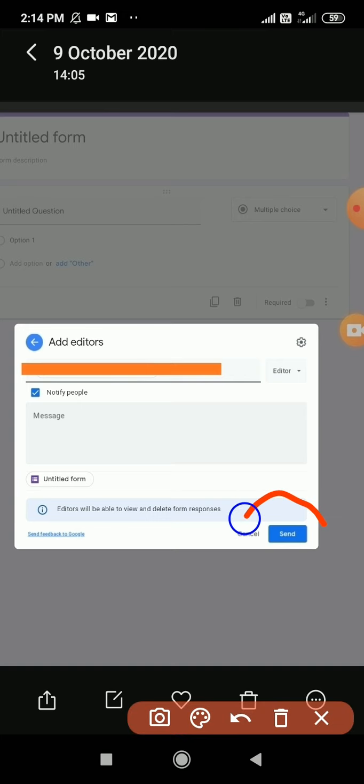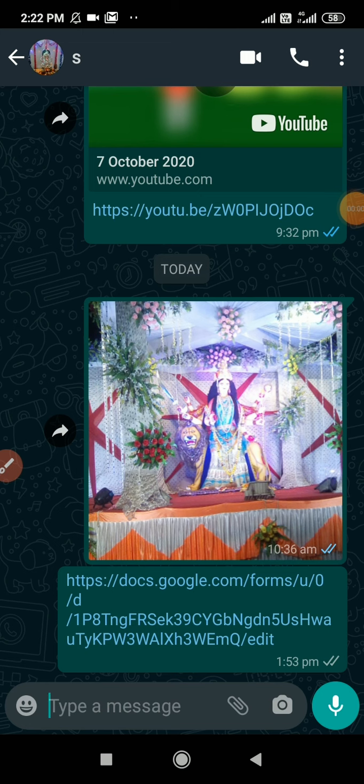Then you have to click on send. So the permission will be granted to the co-teacher, so that now she can do some editing in that question paper which has been sent by the owner. For example, the co-teacher can edit the class. I have shown you how the owner has granted the permission.